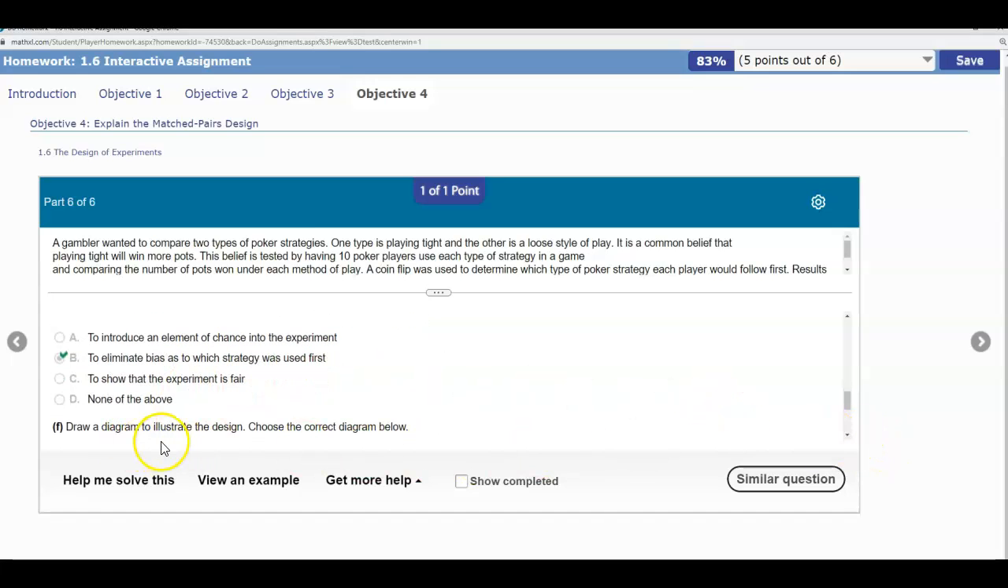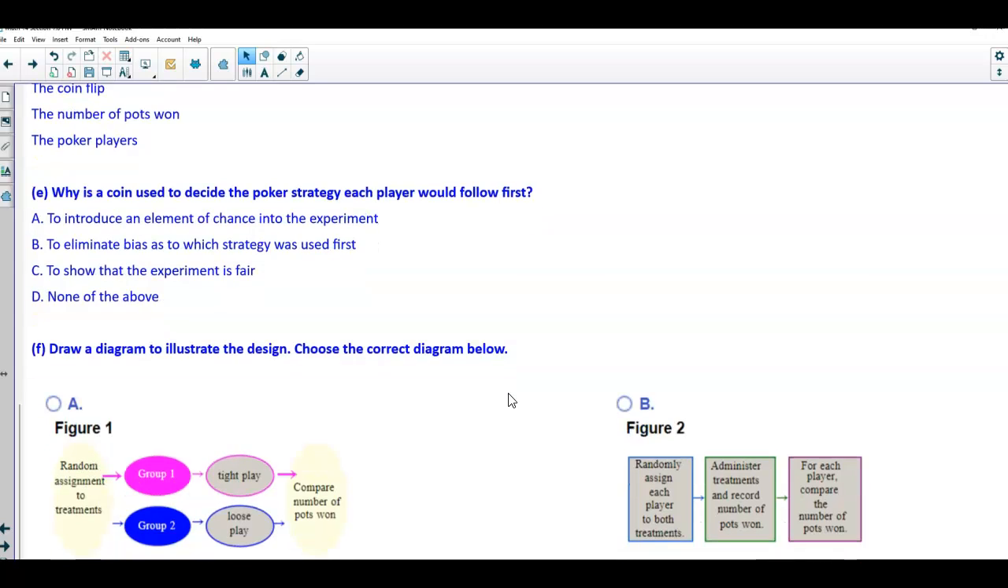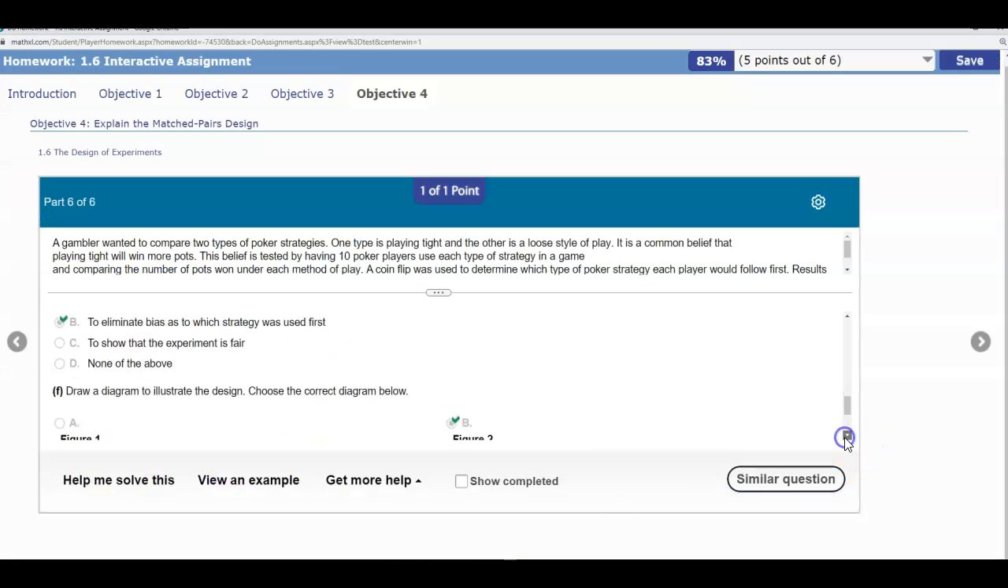Then it says draw a diagram to illustrate the design and choose the correct diagram below. So this is a matched pairs design, so therefore it would be B. We randomly assign each player to both treatments, administer treatments and record the number of pots won, and then for each player compare the number of pots won. And so therefore it's going to be